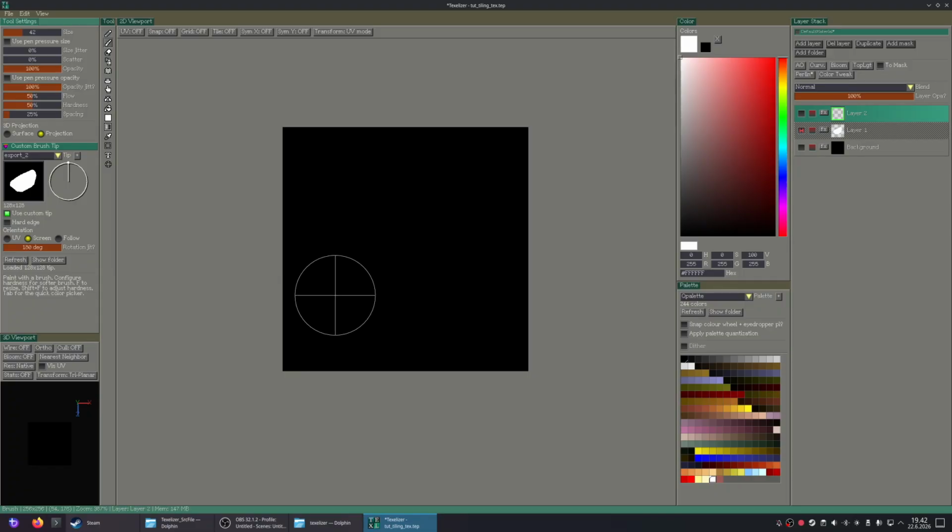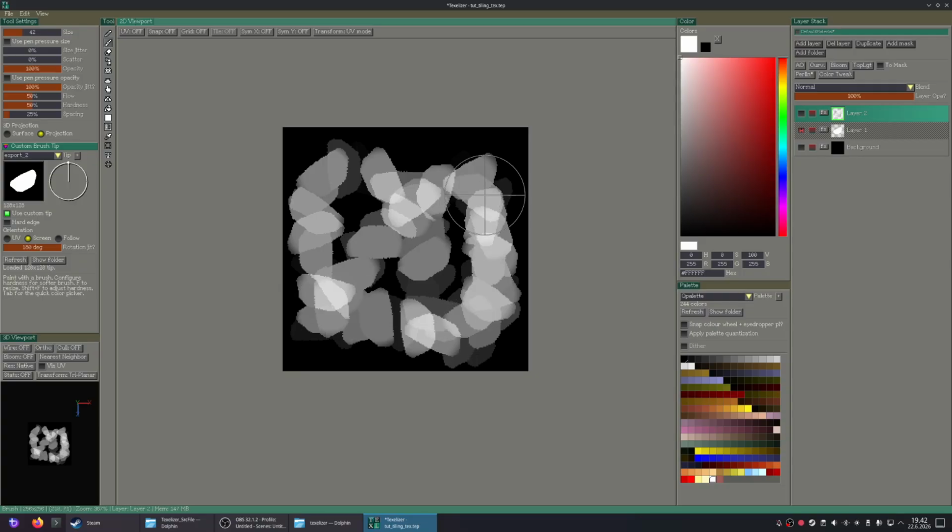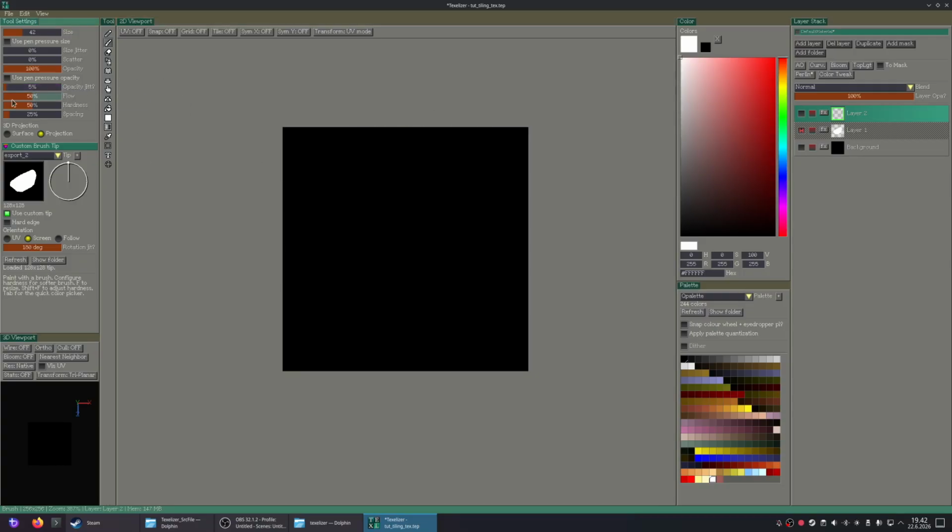And then opacity jitter. So this just changes the opacity, randomizes the opacity for each dab. And that's it for those. The ordering might change a bit still.